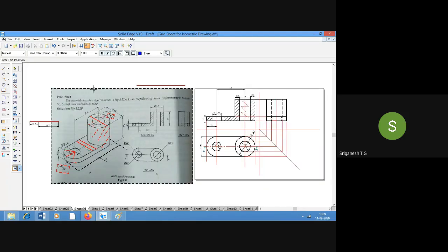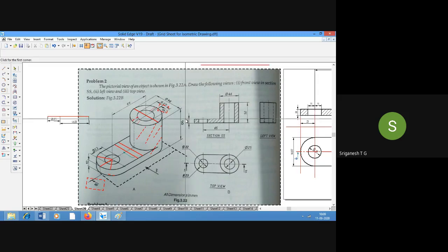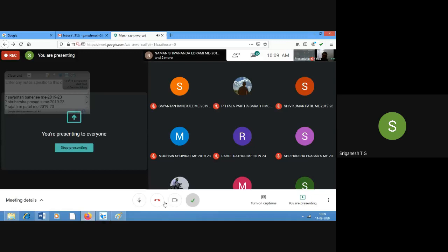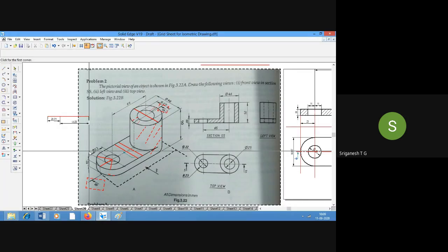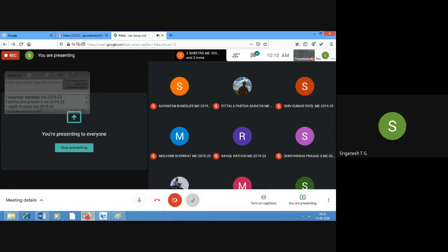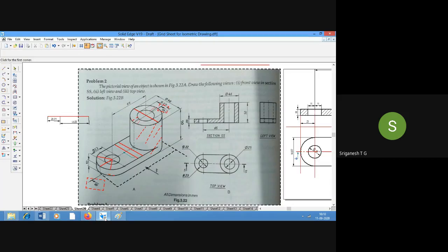Please do the drawing. Once you have finished it, please let me know.